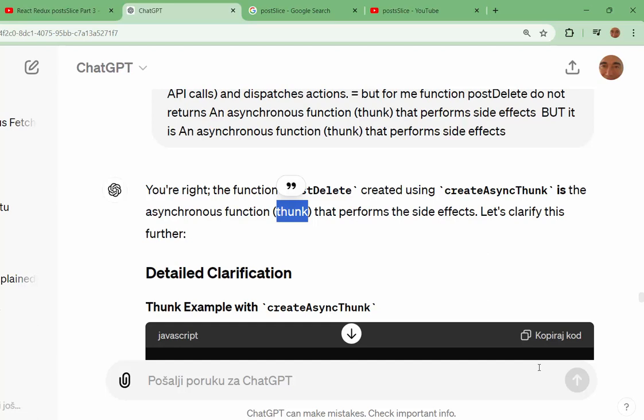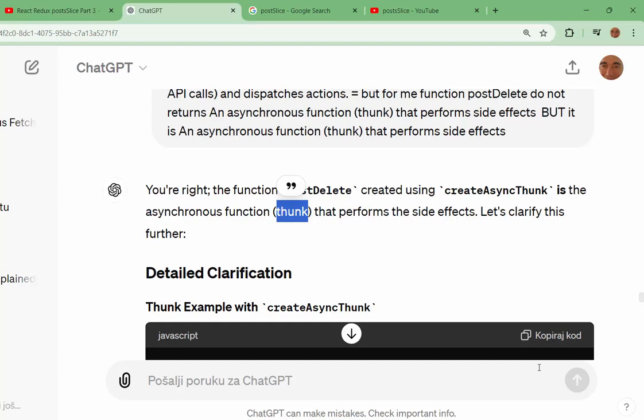action, a plain object action with type, action type, and payload, action payload. And it creates the action creator and it creates the thunk. But thunk must exist as part of middleware, and it exists because of the asynchronous request, because of side effects.